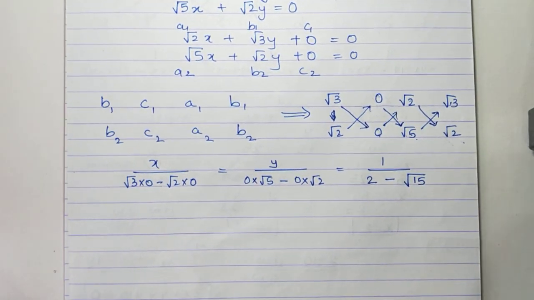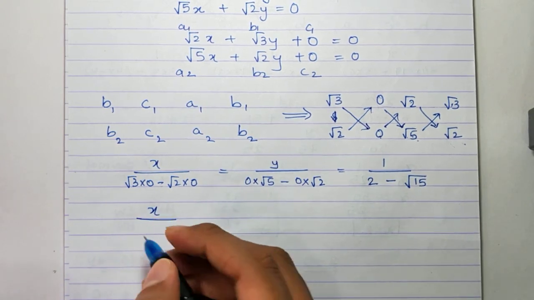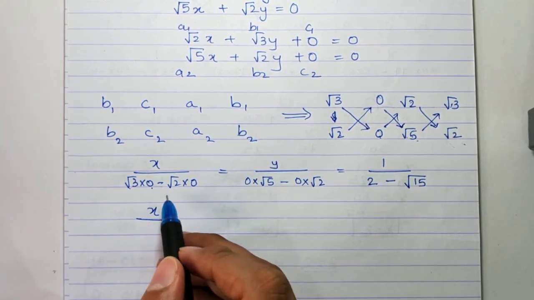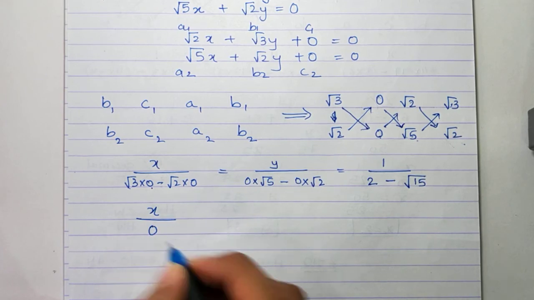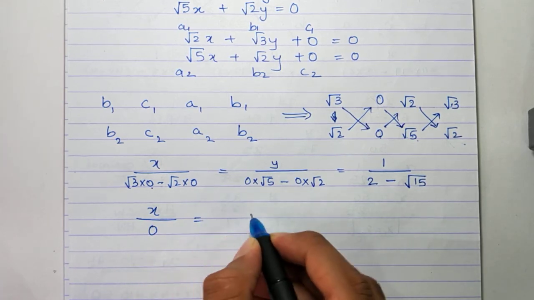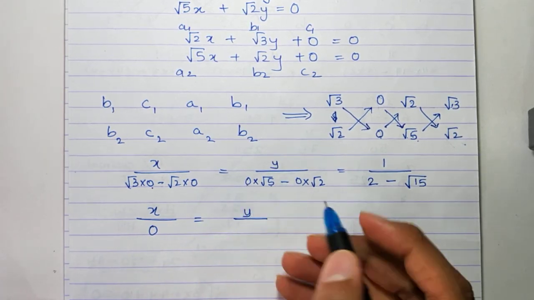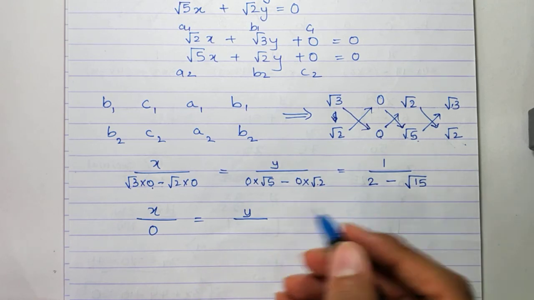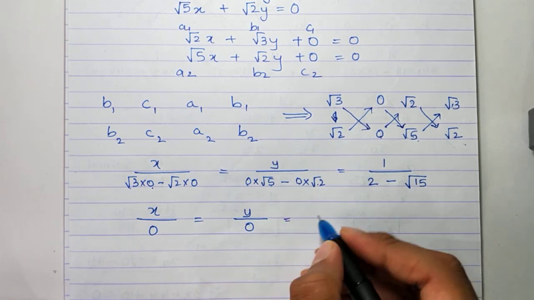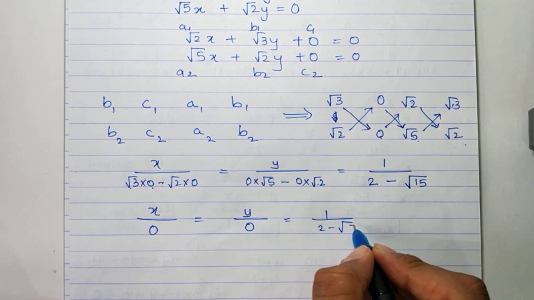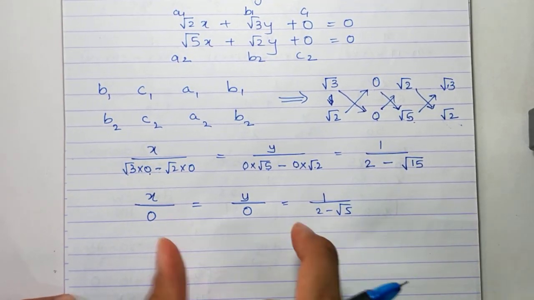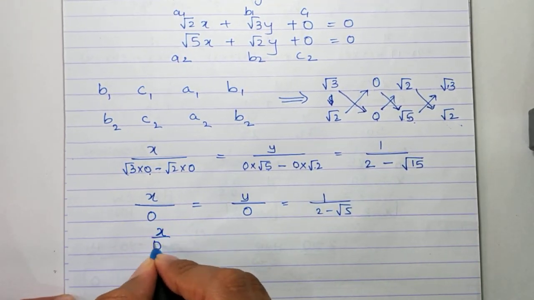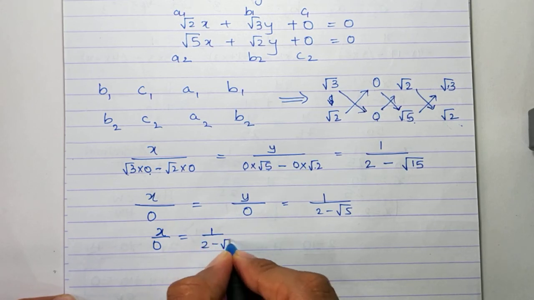Now root 3 into 0 is 0, root 2 into 0 is 0, so this is nothing but x upon 0. 0 into root 5 is 0, 0 into root 2 is also 0, so this is also 0. And 1 upon 2 minus root 5. Now take one at a time. So x upon 0 equals 1 upon